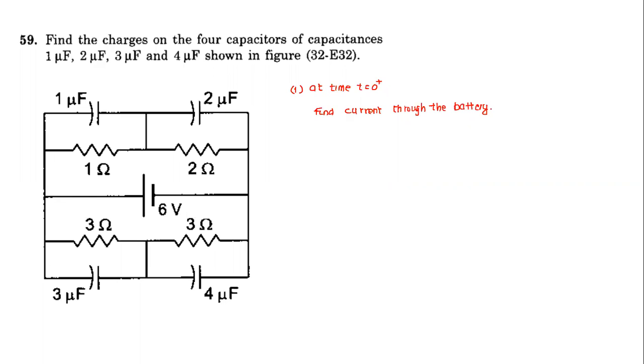But if I have a circuit, I will come to that circuit tomorrow. If the capacitor has initial charge, what will happen? Let's do this first, and one by one we will come. How do you find the current through the battery? I'm interested in finding this current. But this circuit has both a resistance as well as a capacitor. How would I find this current here? This resistance I know how to deal with. How do I deal with the capacitor? How would the capacitor behave at time t equal to 0?